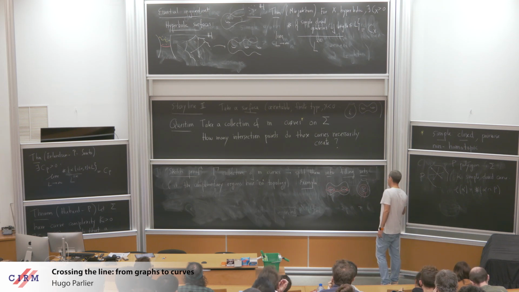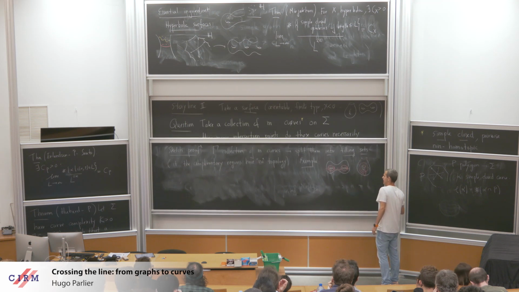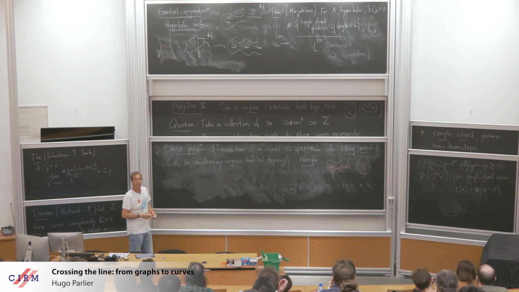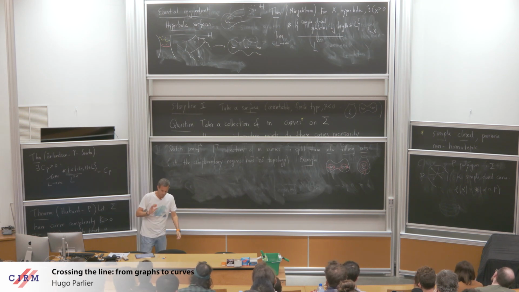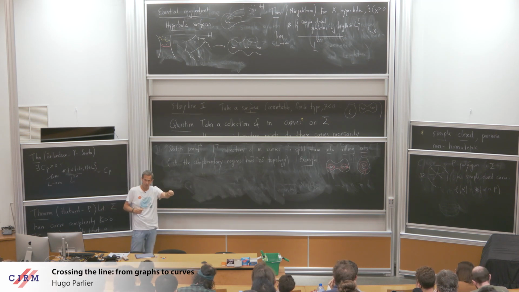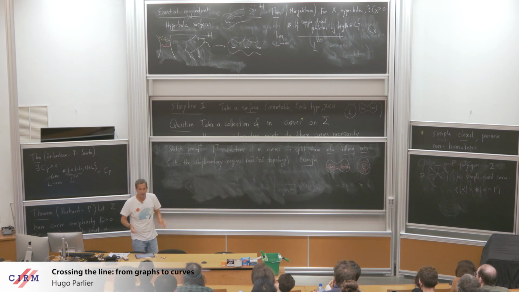So the important thing is that if I do this in a reasonably smart way, then I break my collection gamma into filling sets, and each filling set has a number of curves in it that only depends on the topology of the surface. So think of it this way. I take a curve randomly, I put it in the set. Now I look for another curve that fills a larger subsurface than my first curve. I add it into the set until the subsurface that's spanned by these curves becomes larger and larger. Okay? And at one point I have to stop because I have many, many curves and very little topology.